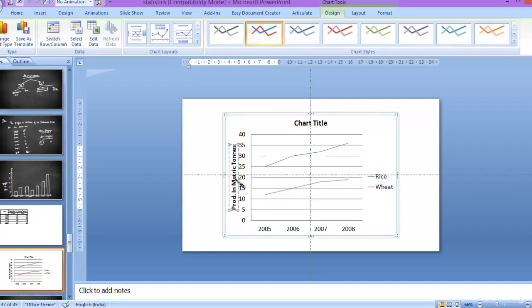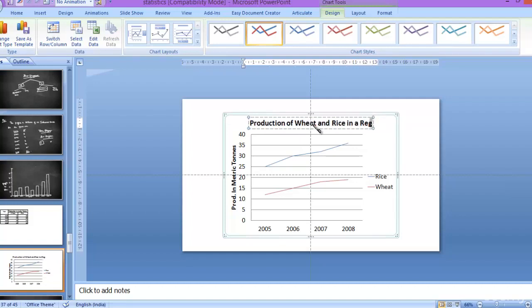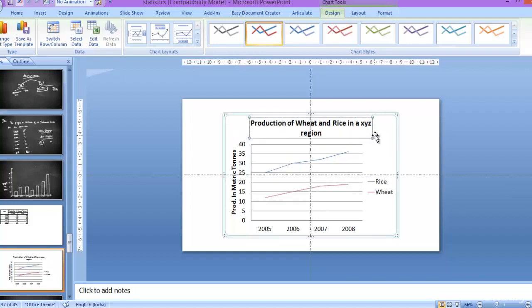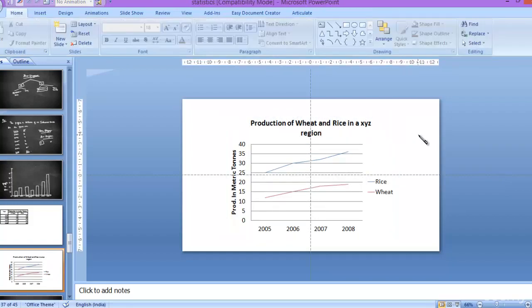And have we given the chart title? No, let us give the chart title also. We'll say production of wheat and rice in a region. Let's say some XYZ region. So now we have production information of a region called XYZ, the production in metric tons over the period 2005 to 8,